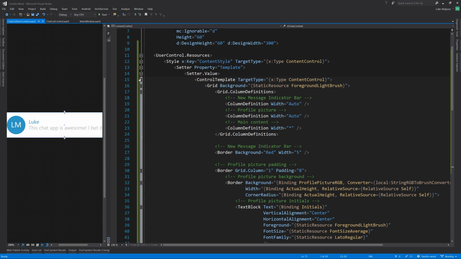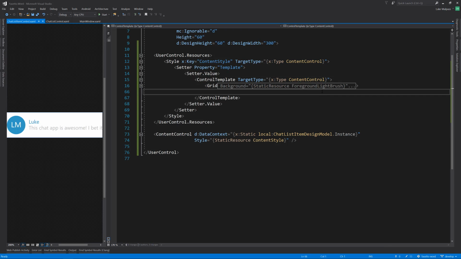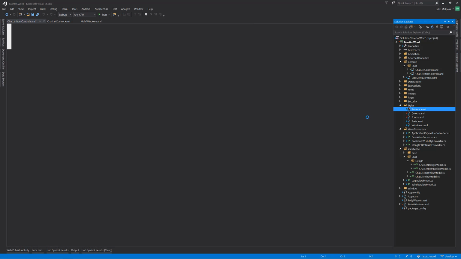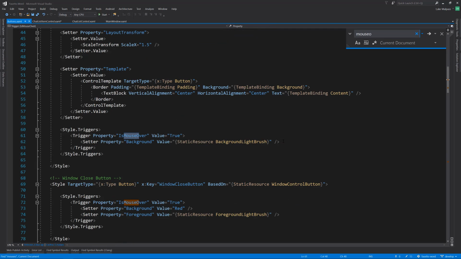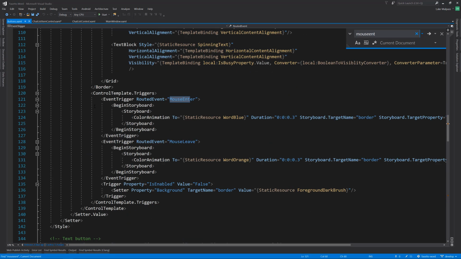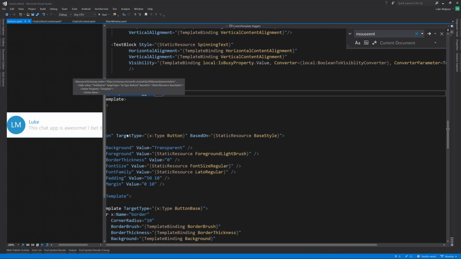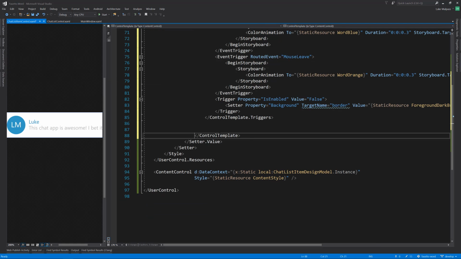We had the grid. After this, we can now copy and paste the same styles in, say, buttons for mouse over, style triggers, or was it mouse enter and leave? There we go. So these type of control template triggers, so when the mouse goes over, change it to this color, and you can run a storyboard now straight from the control template. So basically just copy this trigger that we did before for a hover effect on one of the buttons, paste it here,